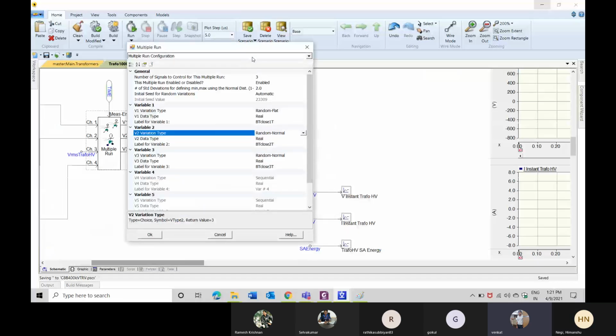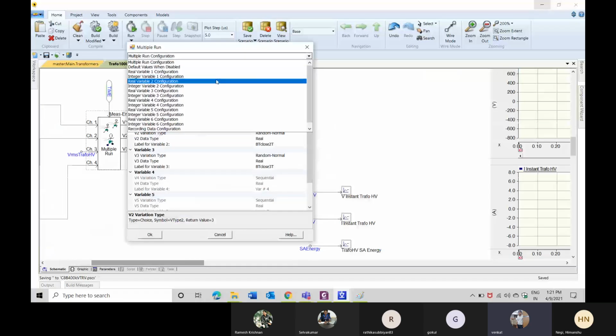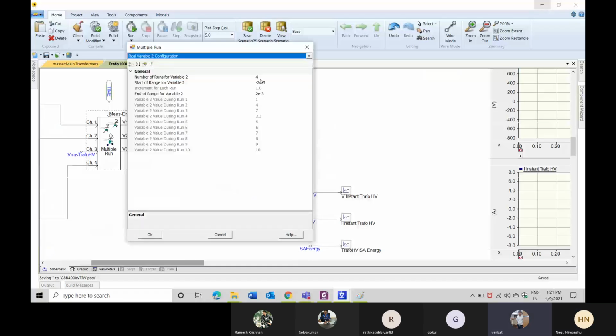I'm just going inside this real variable 2. Now what I have done is, as I said in this example,